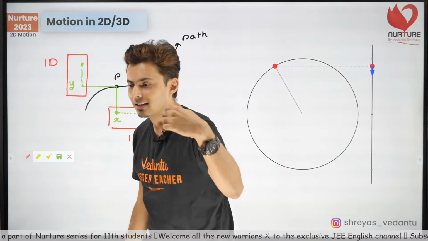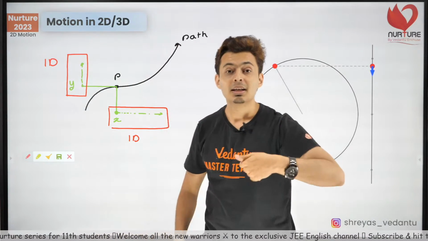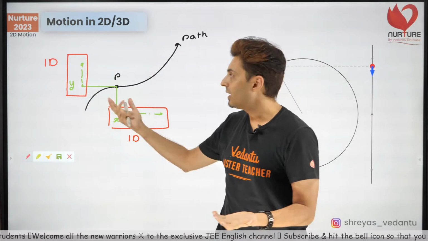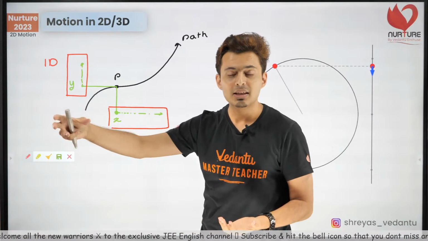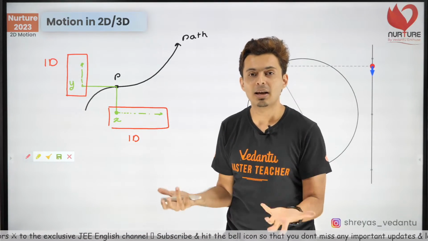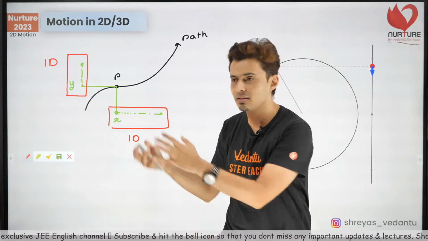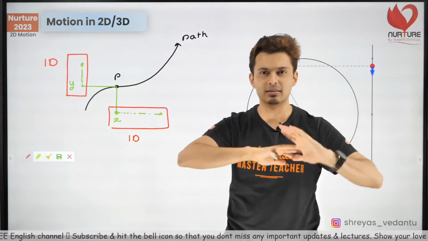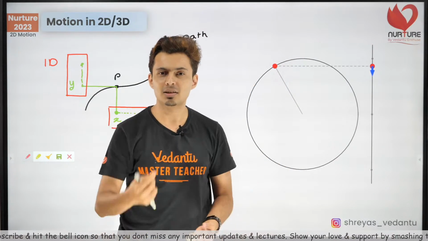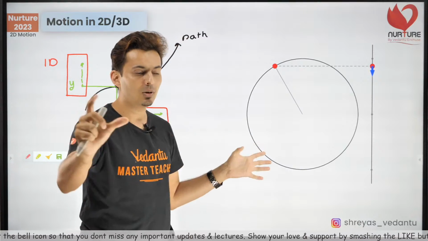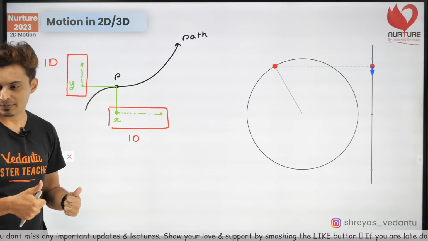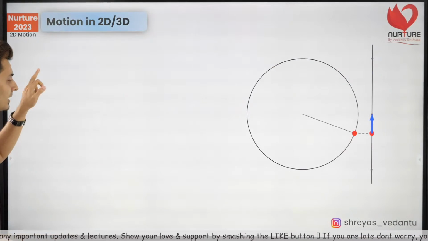Now guys, think about it. Isn't 3D motion also very similar to this? Because in 3D motion you just have one more axis. You just need to apply the same equations, the same thought process, in one additional axis, nothing else. So it's not more complicated, it's just one additional line of equation which you need to think about. Yes, that's how it is. Great. So let's get going.